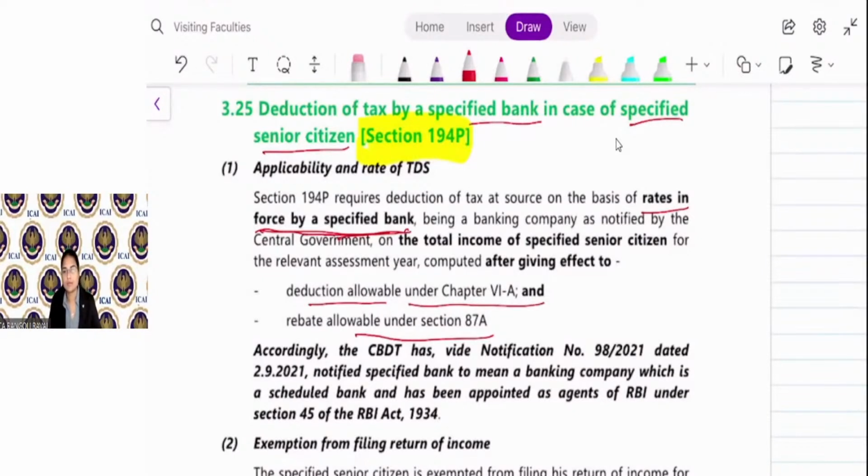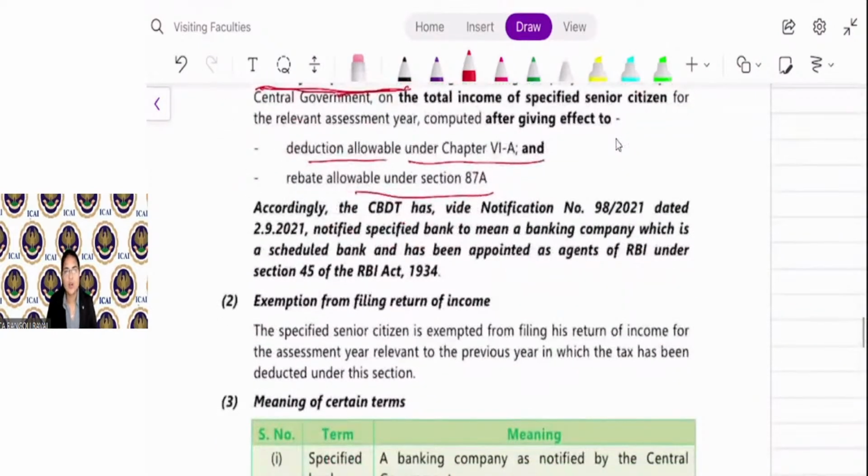Okay, they have to calculate their total income, and on total income they have to calculate tax by applying the rate in force, and on that they have to deduct TDS. Accordingly, CBDT has issued notification number 98 of 2021 dated 2nd September 2021, notifying a specified bank, that is a banking company which is a scheduled bank. So a specified bank means a scheduled bank that has been appointed as an agent of RBI under section 45 of the RBI Act,